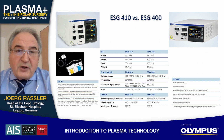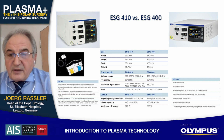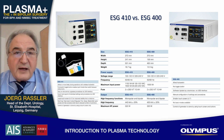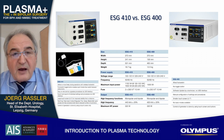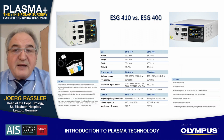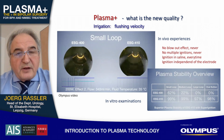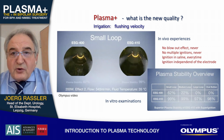I told you that we have a new electrosurgical unit. These are the technical parameters of these two devices, not so interesting for us. What is much more interesting for us is the clinical application. We compared the clinical application of this Plasma Plus with a normal plasma, and what we saw is that